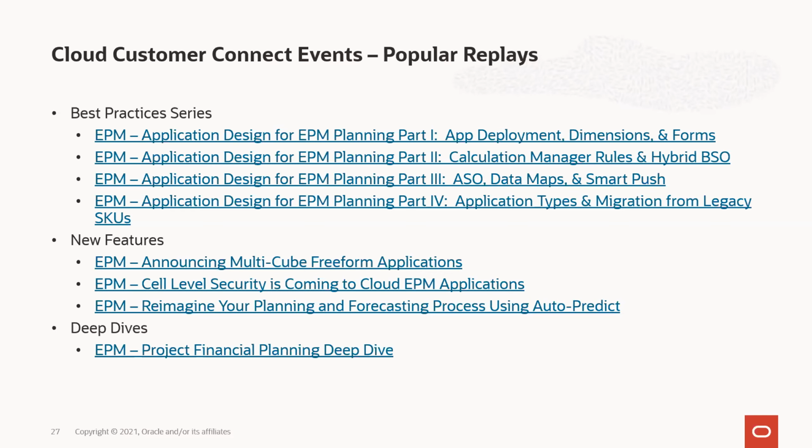So it's a 4-part series that, if you're having problems with Calc Manager or Hybrid BSO, or you're interested in learning more about any of these things, these are great series to go back to. They're still relevant, and we will update them as we go forward. Even though these were done last December through February, they're still relevant today. Might there be a few things that are out of date or have been changed? Sure, but I think there's a lot of value in these.